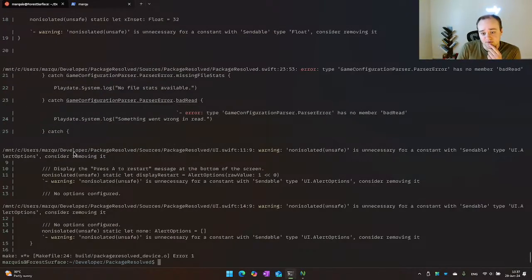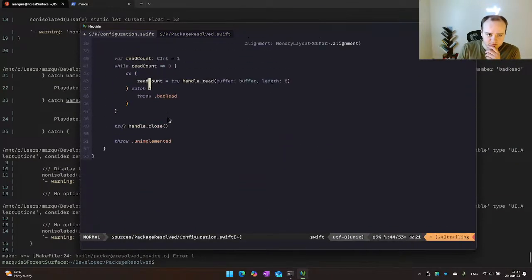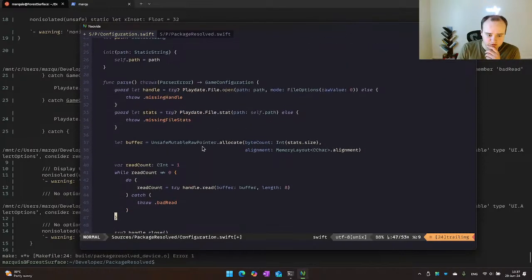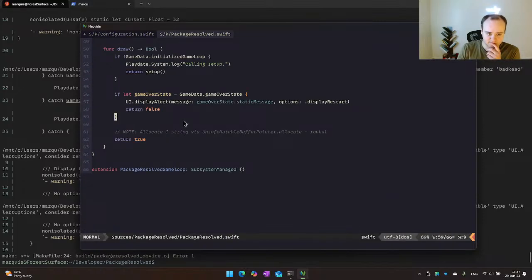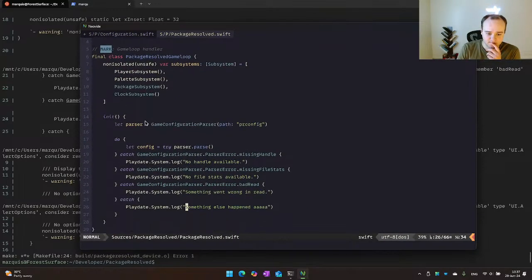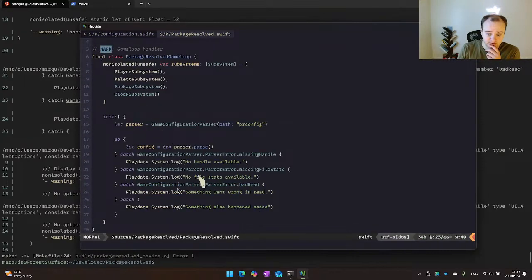Game configuration parser. Parser error has no member bad read. What? Throw dot bad read. Bad read right here. Parser error, right? Game configuration parser error, bad read.